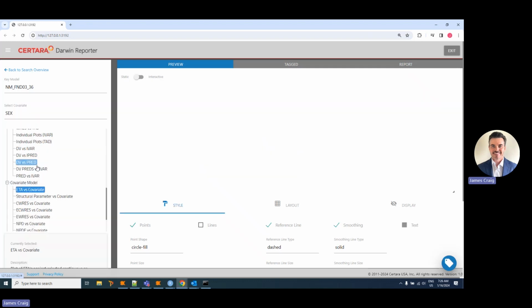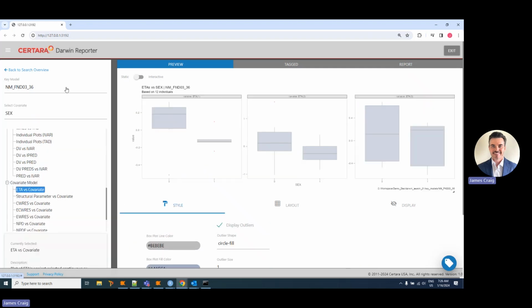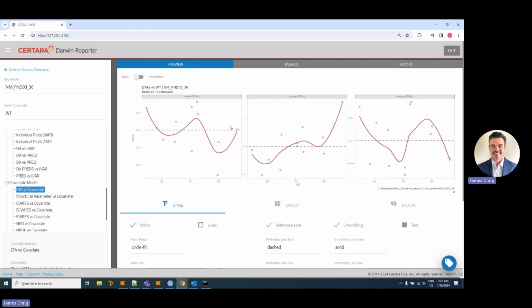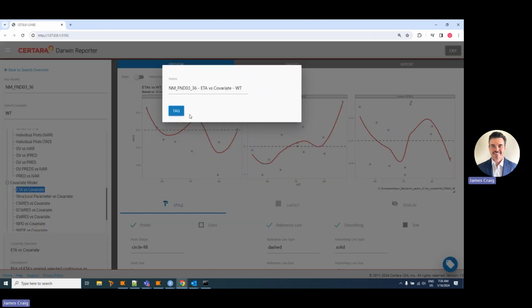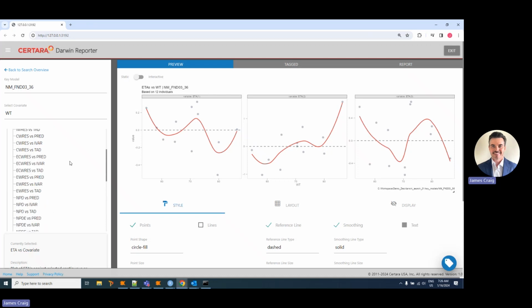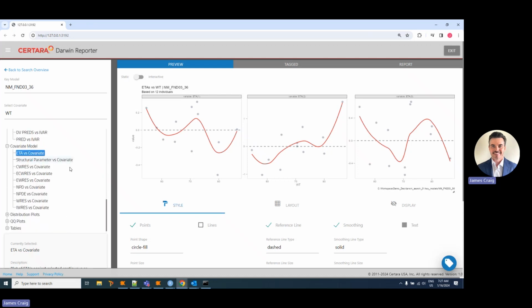So I can look at ADAs versus covariate. Here we have our final model selected here. Here's sex versus our ADAs. I can change the covariate. Here I'll select weight, in which case we'll have a scatter plot, whereas for the categorical covariates, we saw we had a box plot. All right, so tons of different goodness of fit plots that can be generated from this